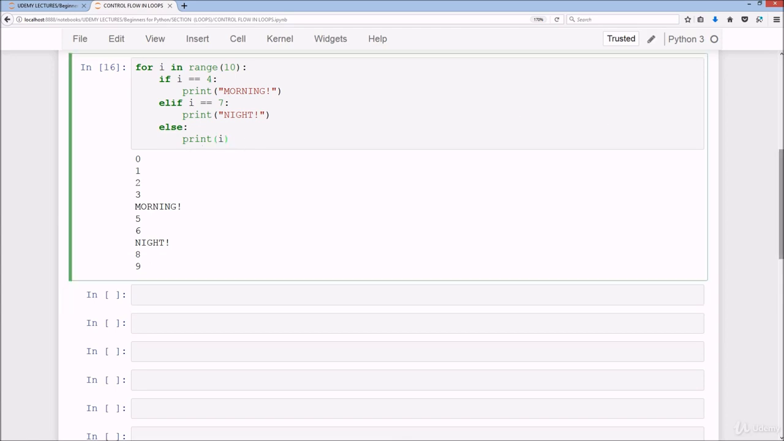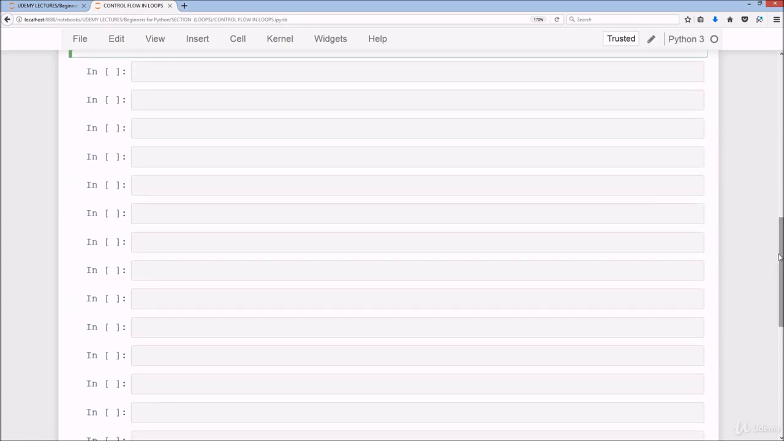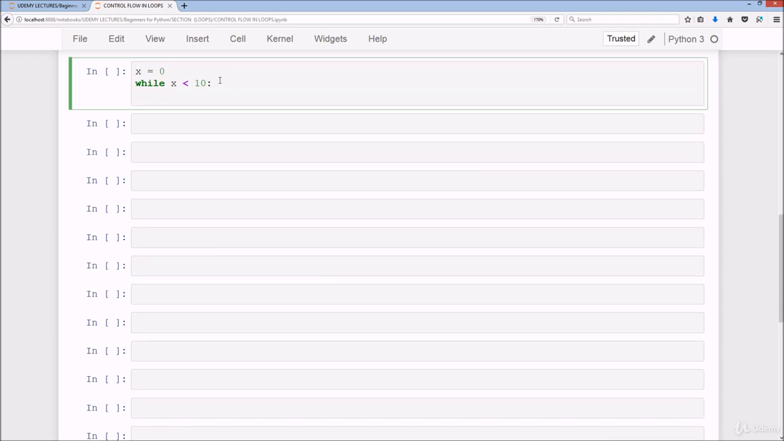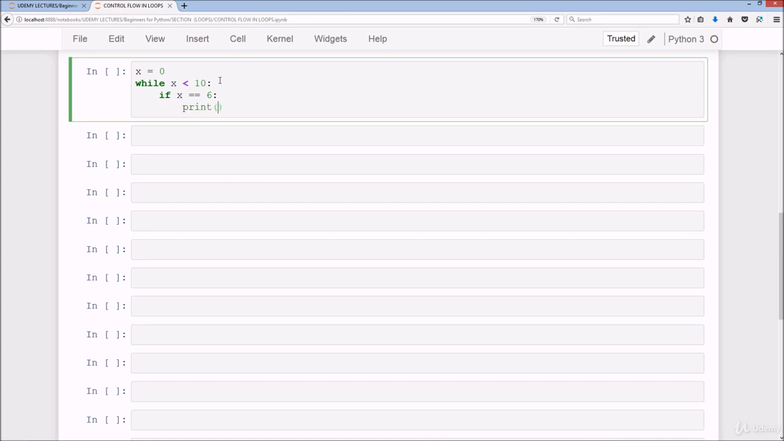Okay, so moving on from that, let's say we were to do x = 0, while x < 10: (that should actually be on the same line here), and then we do if x == 6: print "hello there",